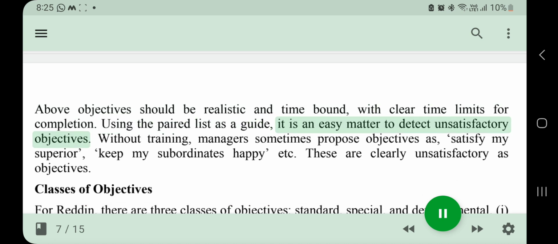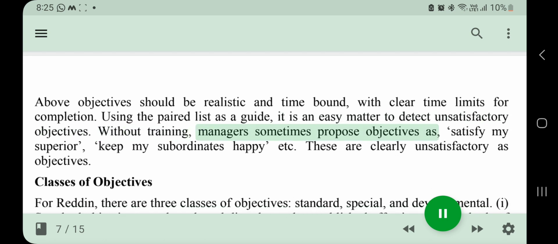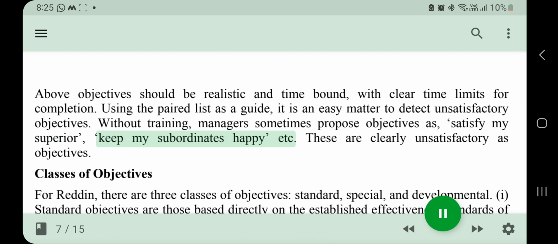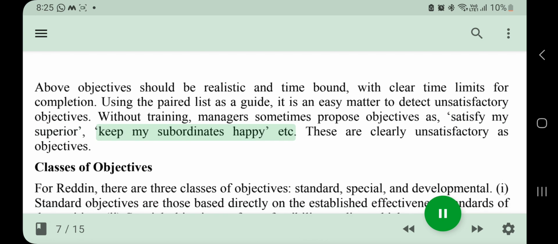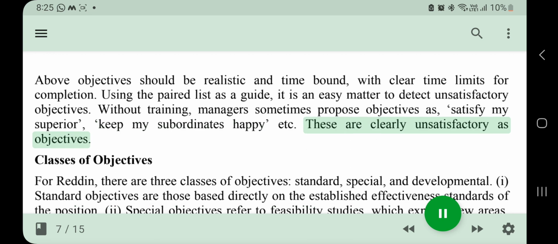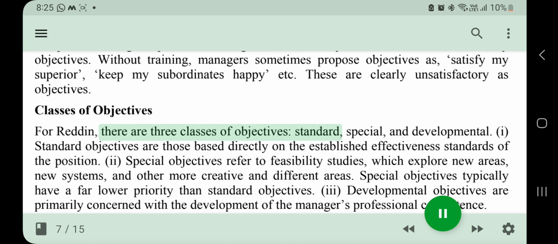Using the paired list as a guide, it is an easy matter to detect unsatisfactory objectives. Without training, managers sometimes propose objectives such as satisfy my superior, keep my subordinates happy, etc. These are clearly unsatisfactory as objectives. Classes of objectives for Redden. There are 3 classes of objectives: